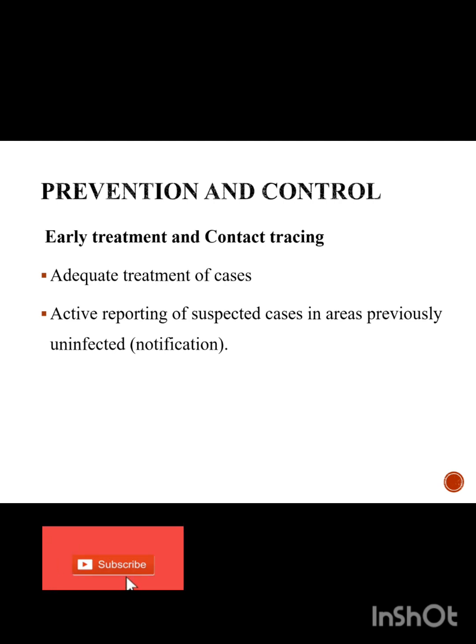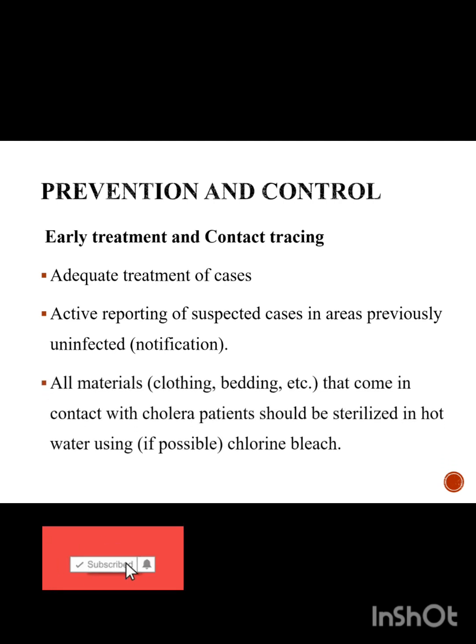Okay, then all materials, whether it is beddings, mattresses, clothing, whatever the patient is using, should be sterilized, if possible using chlorine or bleach, to prevent the spread of infection to others who might use those